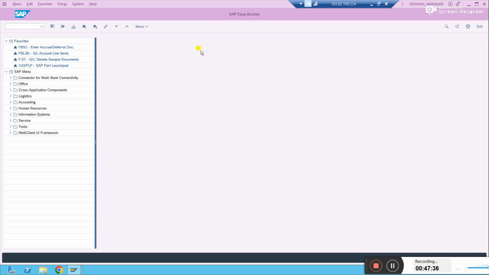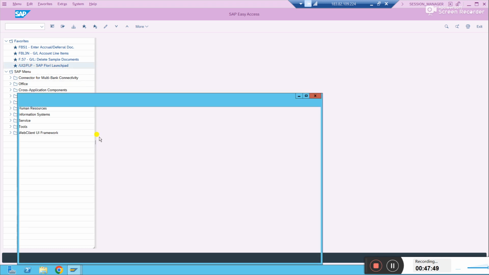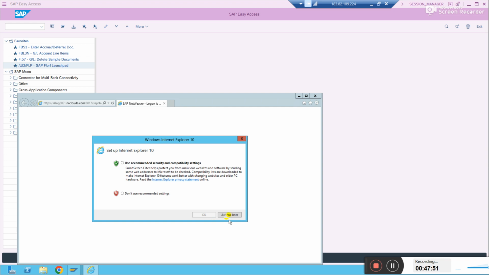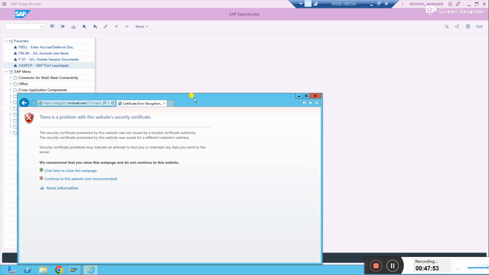Now this is a screen. I've just logged into a software application with my username and password. I can see a screen and I can see different options. Now let's go to the Fiori, the latest GUI. This is a transaction code. You just click. Now you see it's going to a web, right?